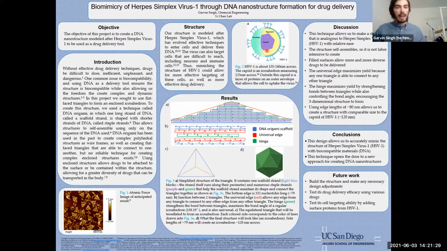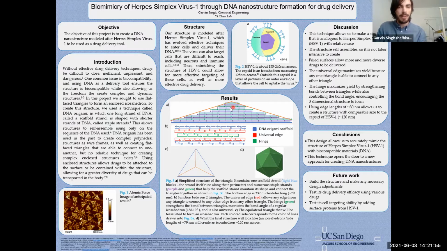The idea behind that is that you have one super long strand of DNA called a scaffold strand and a bunch of tiny little strands called staple strands that kind of form the shape and the structure of the scaffold strand, make it look like what you want it to look like. So what that ends up looking like in our project is kind of like what this model looks like over